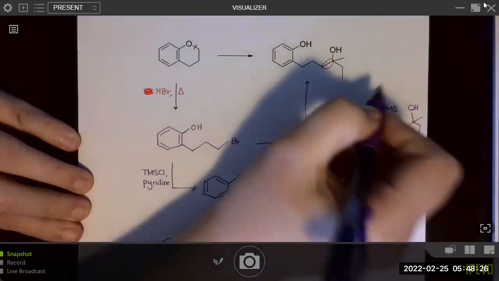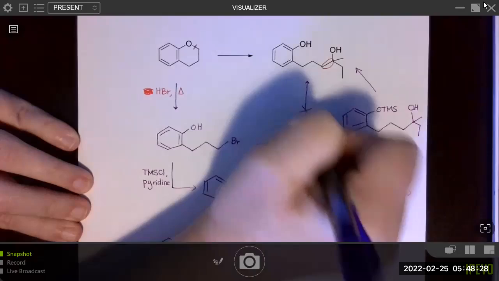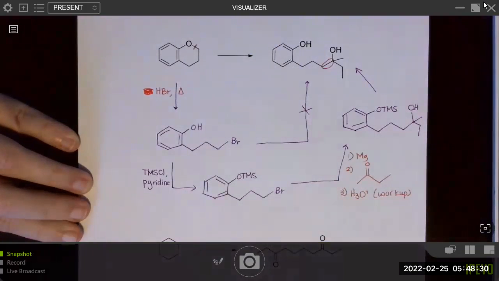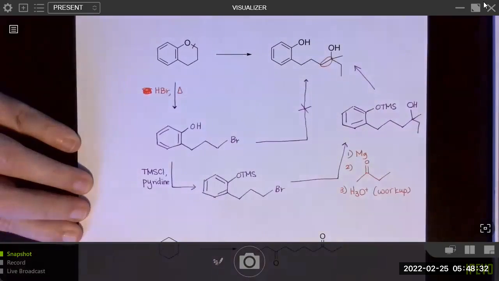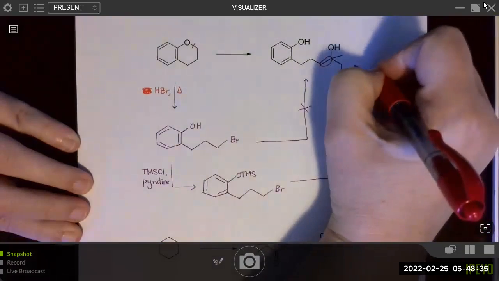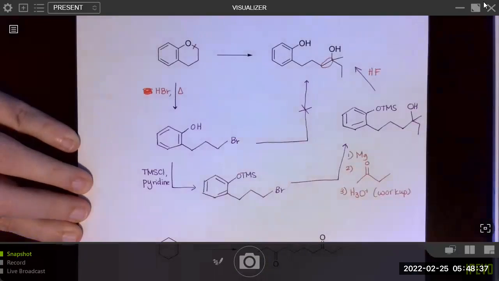And then last step, we can do a TMS deprotection with either acid or